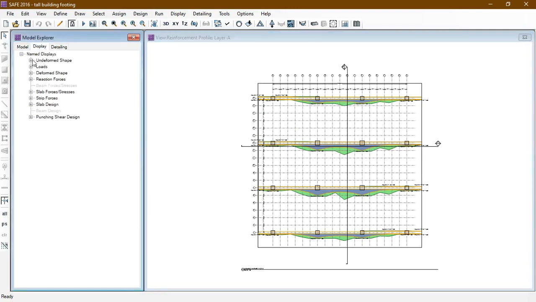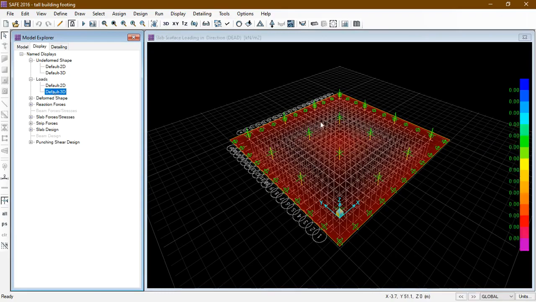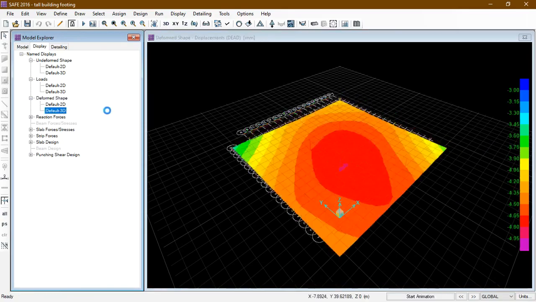Display undeformed shape in 3D. Loads in 3D. Deformed shape. Reaction forces.